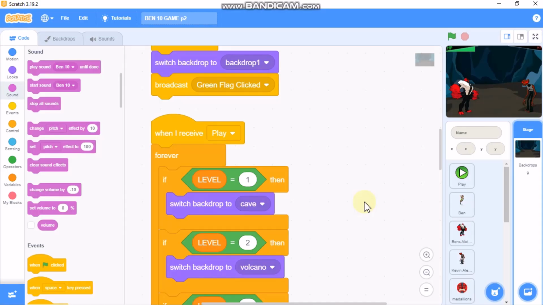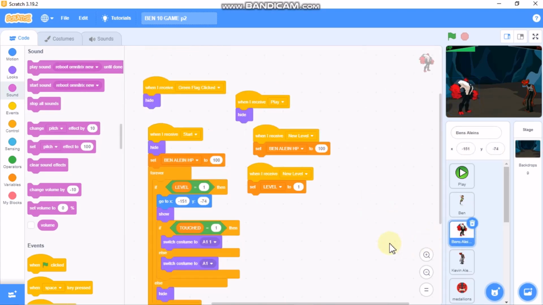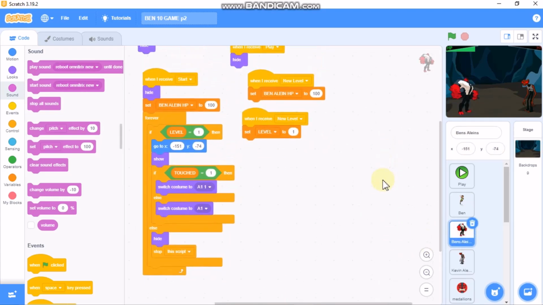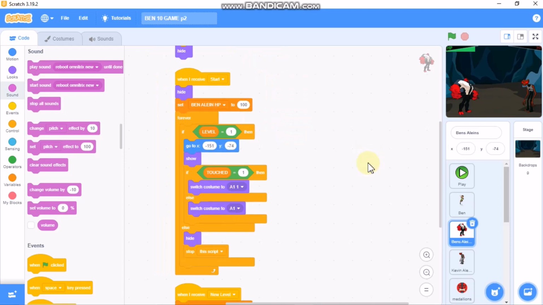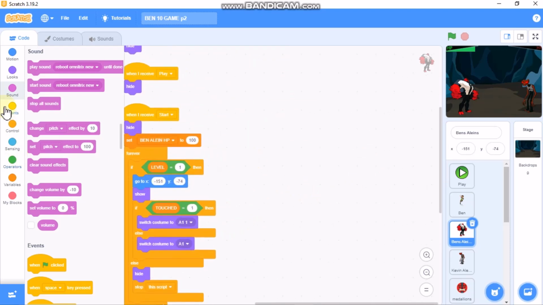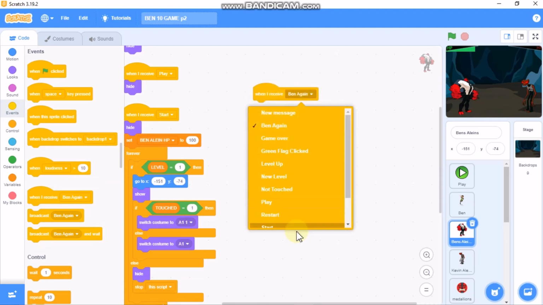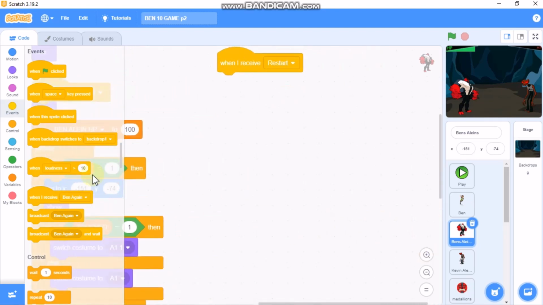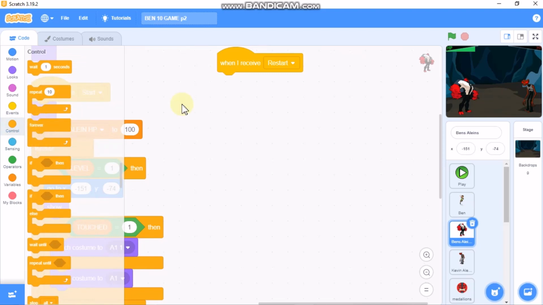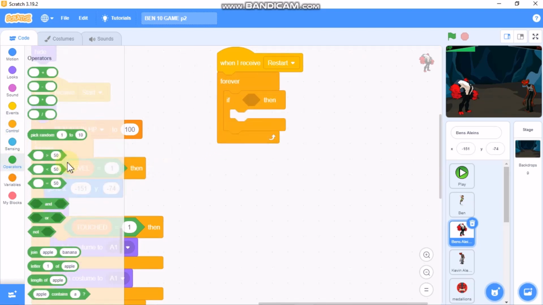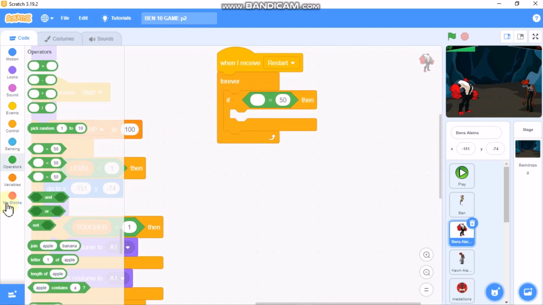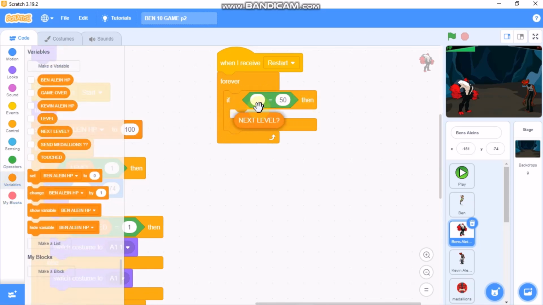So now I'll be showing you how to code our Ben's and Kevin's aliens. So click on Ben's aliens. Clean up these blocks, and when I receive restart, so I'll just increase the size, grab a forever, and an if statement. So if next level equals y,